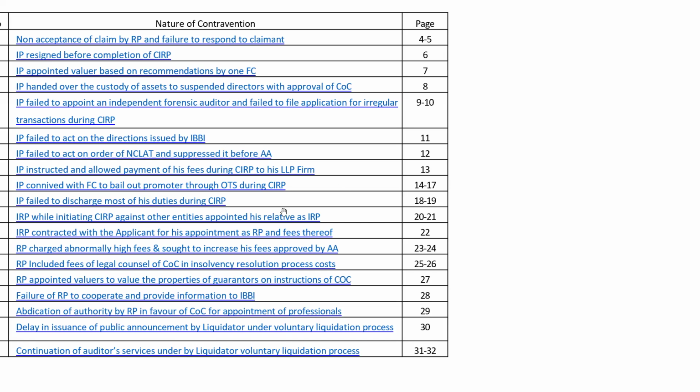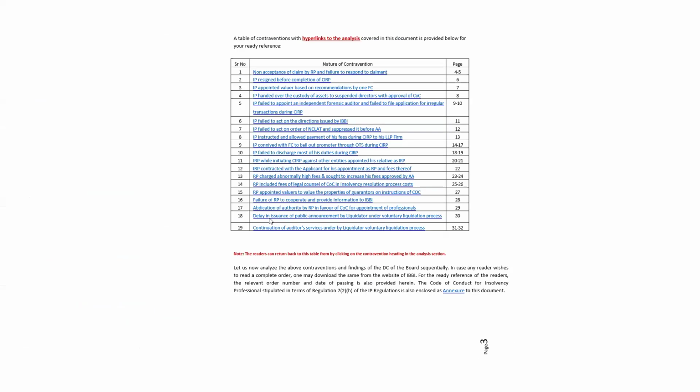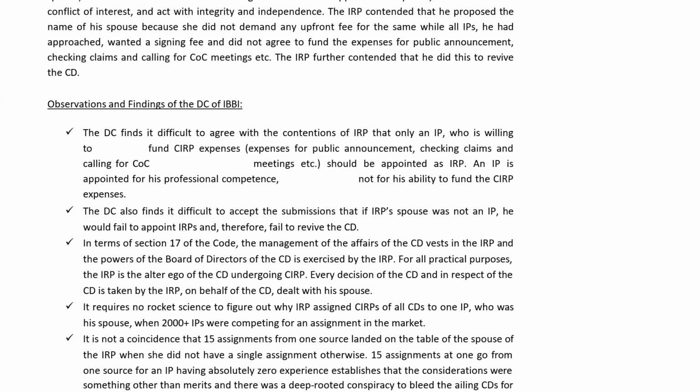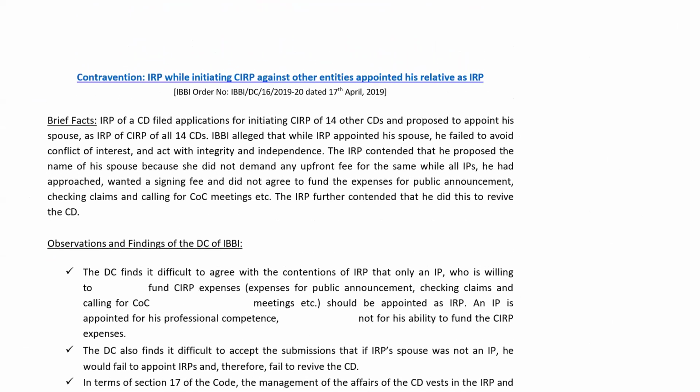ठीक है, तो ये इंपॉर्टेंट है, इसको देख लेते हैं एक बार जरा। ये अपॉइंटमेंट ऑफ रिलेटिव्स, इसने क्या किया, अपनी वाइफ को ही बहुत सारे केसेस में अपॉइंट कर लिया। ये केस स्टडी कई बार आती भी एग्जाम में। इस केस में फैक्ट्स क्या है, फैक्ट्स इसमें ये हैं कि IRP of a CD filed application for initiating CIRP of 14 other CDs, ठीक है, and proposed to appoint his spouse as IRP of CIRP of all the 14 CDs, ठीक है।